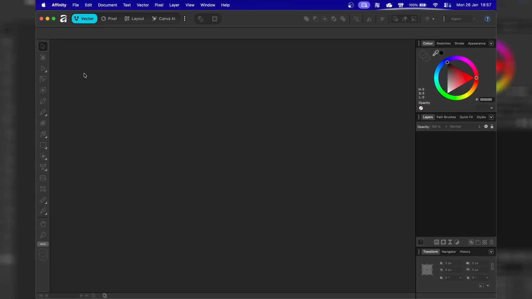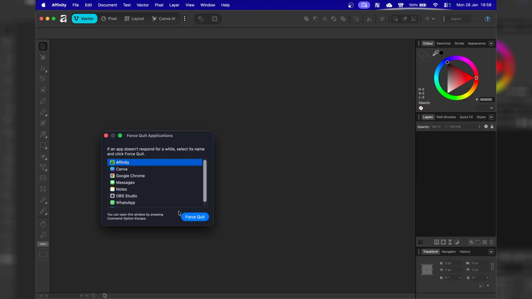How to fix Affinity not launching on your MacBook. So you may have come across this when you've tried launching Affinity, that it's actually really laggy or it's just not opening. So there's a couple different things you can do to fix this. The first thing I suggest is just going up to the Apple logo and then force quitting